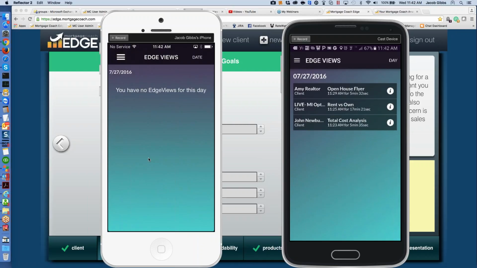Now, Edge Views, depending on how many clients you've got and which version you're logged into. I'm logged into two different accounts on these devices, so I can show you this. But you can see that this is the sample account that we were working on today. I got 3 views on this. I've got my Amy Realtor open house flyer, I've got my Edge live presentation that we did, and I've got